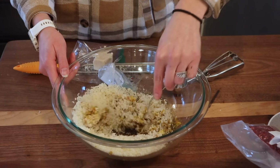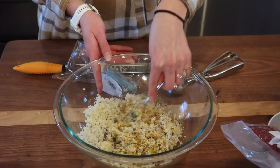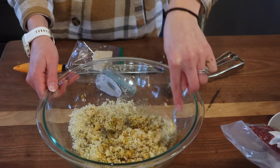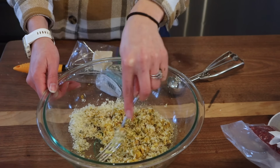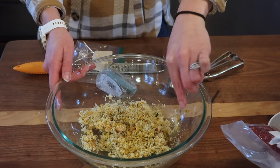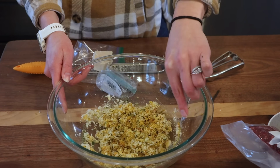Okay, let's see. Oh yeah. That's gonna be good. And so what I'm making these meatballs for is it actually is going to be in next week's pantry challenge. When we put these together, I'm just gonna have the meatballs for dinner tonight, and then the leftovers, I'm going to make like pizza